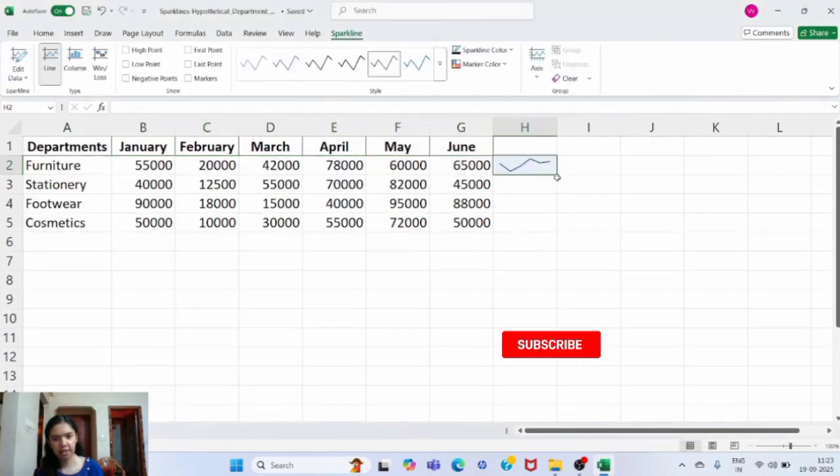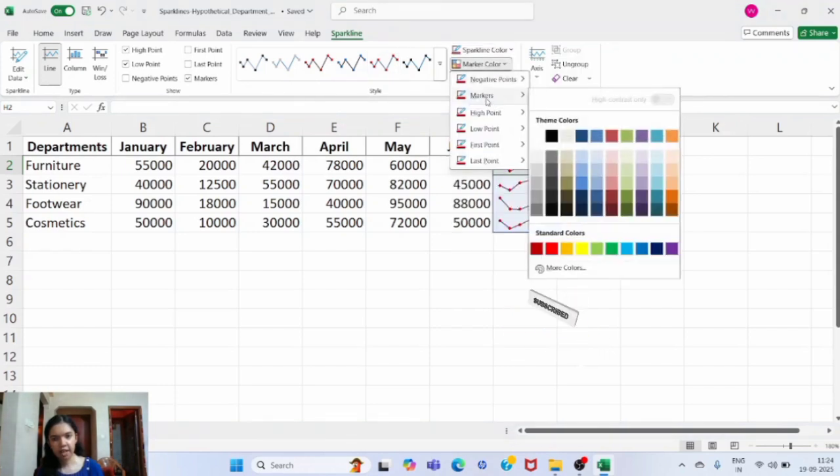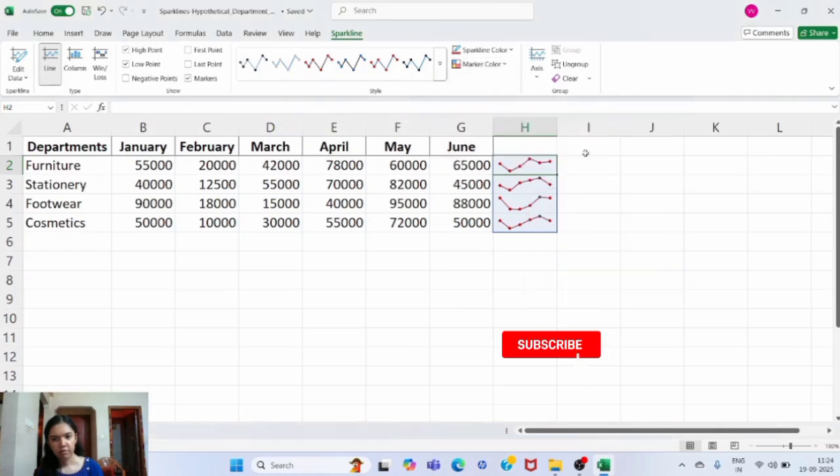The sparkline is created here. Just drag and drop, and for all the rows the sparkline is created. Now you can change the design for this. You can see here that for each month it is showing the line graph format. If you want the points here, the high point and low point have got activated. We want markers here, so this way the data will look better. Then you can change the sparkline color also from here. The marker color can be changed. In this way you can use the different options here.